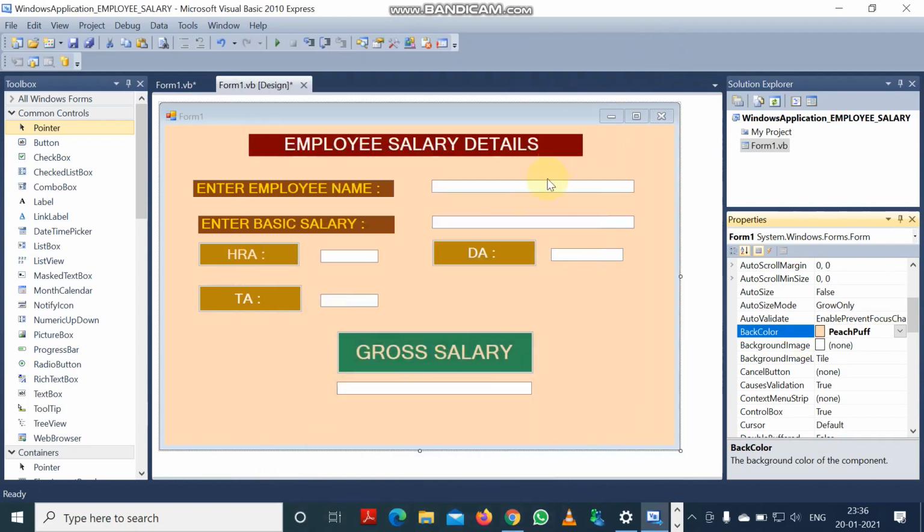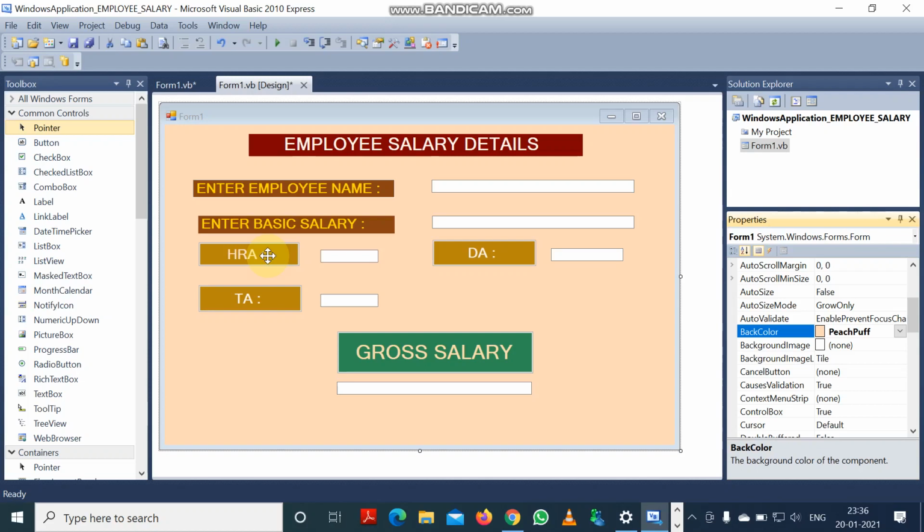And now how I did the programming. So I clicked on the HRA, because you know that any activity, any information showing activity, any mathematical activity we perform, we do on the buttons.